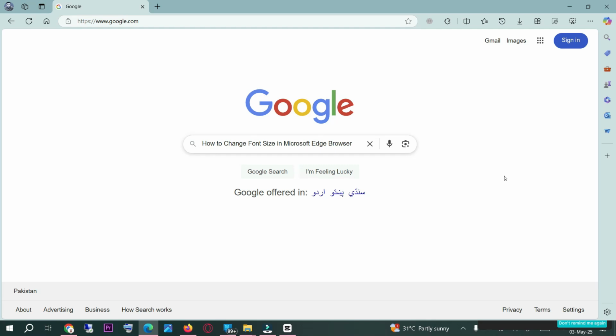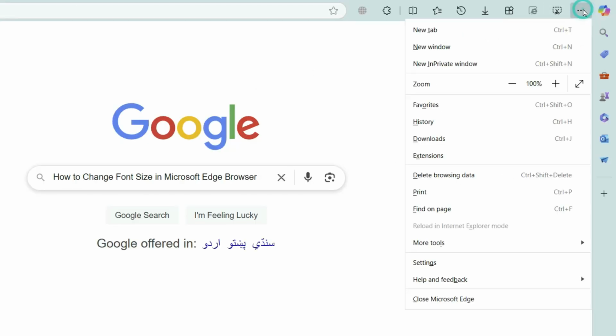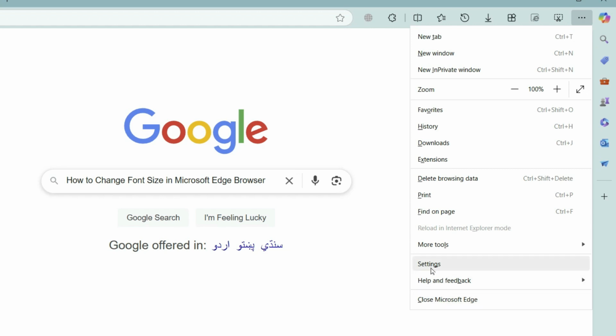Hi everyone, in this video I will show you how to change font size in Microsoft Edge browser. A pretty simple and easy method. Just go to your Microsoft Edge browser and open it, and after go to the right side and click on the three dots, and after that click on the settings